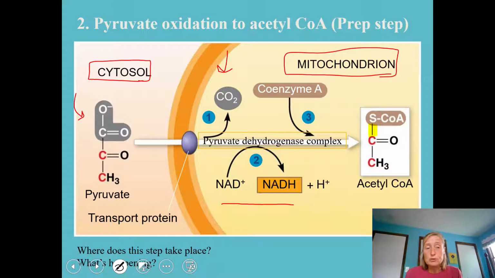So in part 2, what's left of pyruvate is oxidized. It loses electrons, and NAD plus picks up electrons and is reduced to NADH. So we've made more NADH. That's great. The third thing that happens is this molecule, this 2-carbon fragment that's left over, picks up